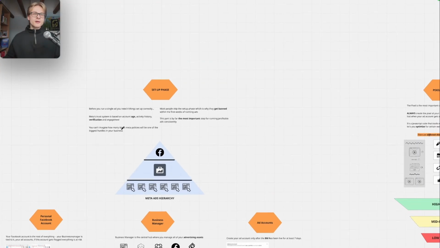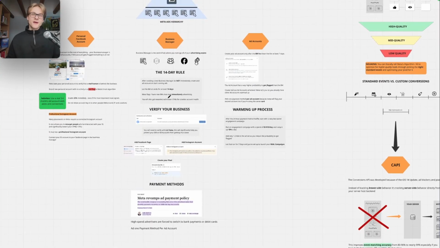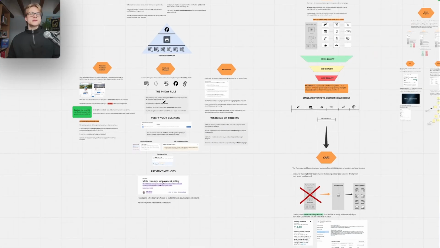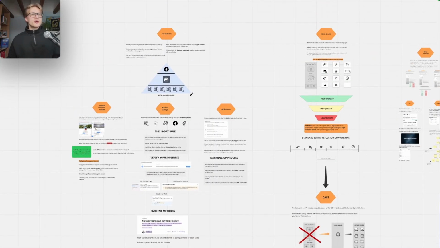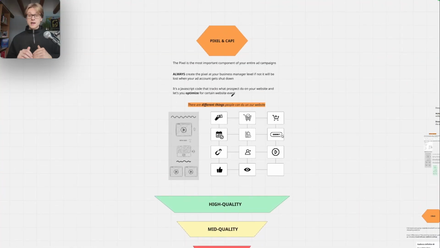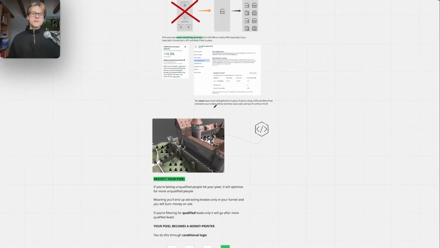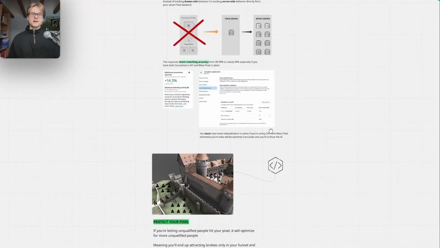let's dive right in. We're going to start with the setup phase, which is probably one of the most important phases, and nobody talks about this. How to set up your business manager and the entire setup in a way that you don't get flagged within the first 7 or 14 days of running ads. And most importantly, how to set up your business manager in a way that Meta rewards you with lower advertising costs. Okay. Next thing is going to be the pixel and the conversions API, where I break down exactly what this is. How to optimize for it, what to do, how to set up the conversions API, and how to protect your entire pixel like a fortress.